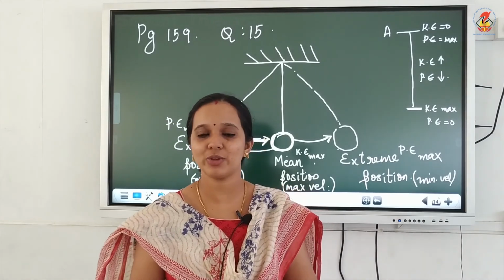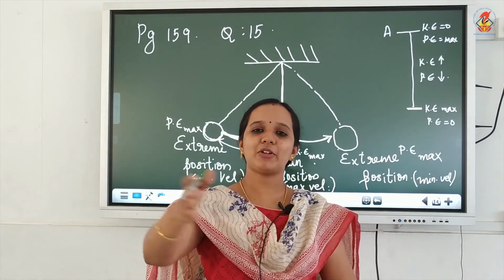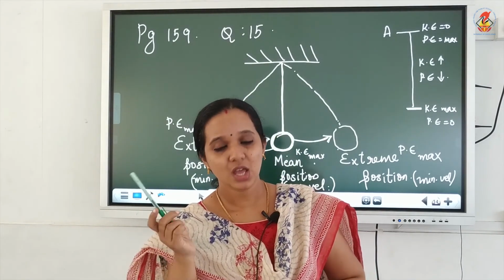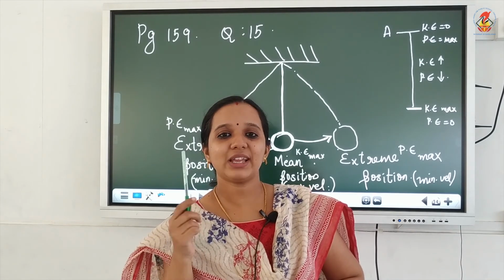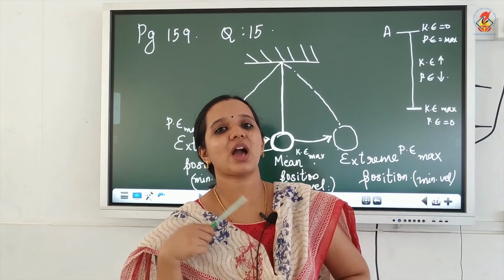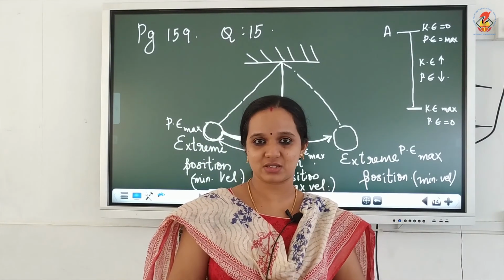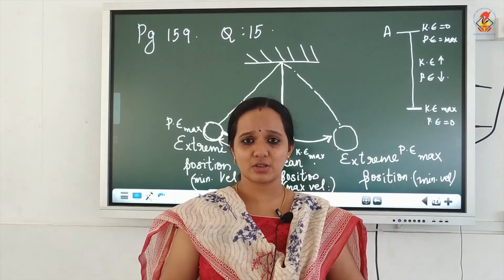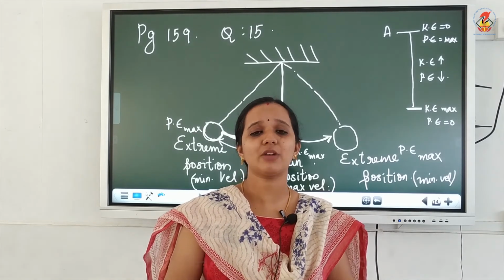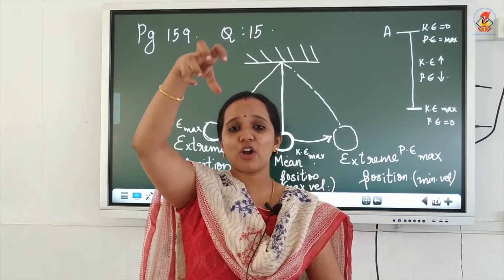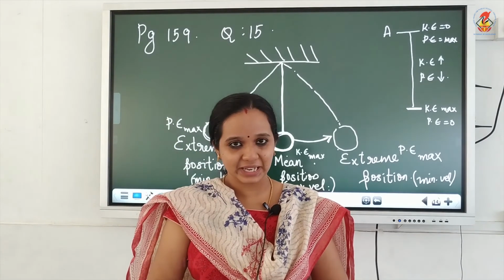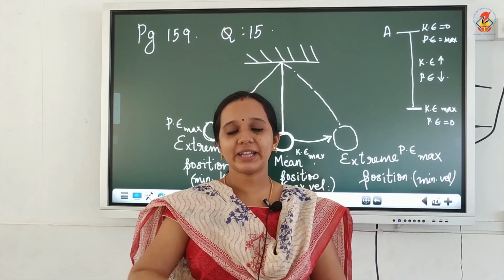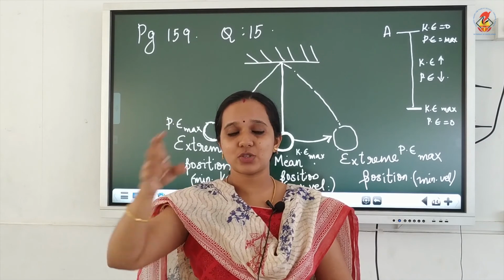As we have already discussed, the simple pendulum is suspended in air, so it needs to overcome the air resistance. In order to overcome the air resistance, it will spend its kinetic energy, and finally all the kinetic energy gets converted into heat energy. A similar case happens in a freely falling object too. When a freely falling object falls, it possesses kinetic energy. And when it hits the ground,